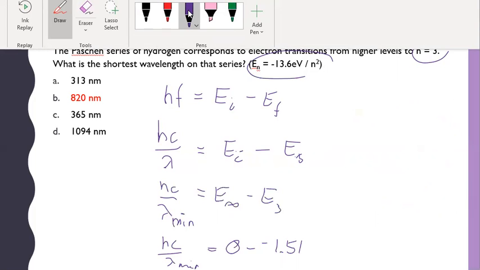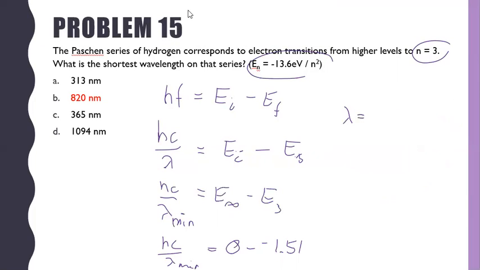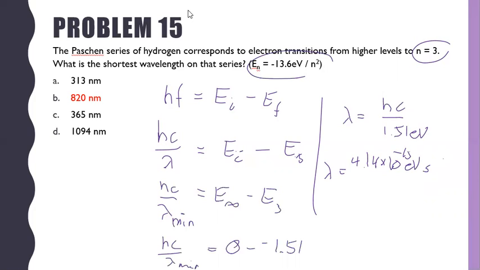So I can multiply by wavelength and divide by 1.51. So I get that the wavelength is hc divided by 1.51 eV. This means I would put in Planck's constant in eV and then the speed of light in meters per second. Divide by 1.51. That's going to give me